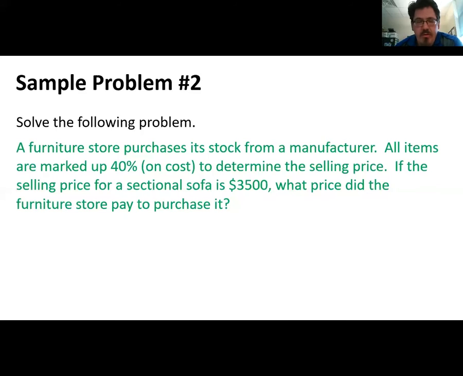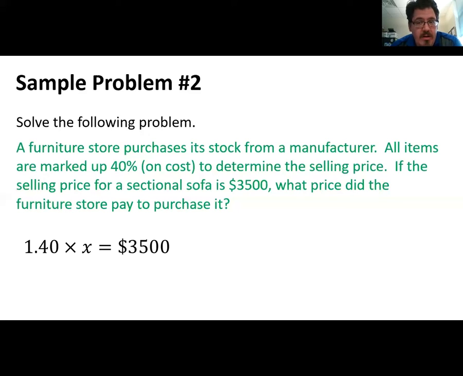So what the furniture store's cost was when they got it from the manufacturer. Okay? So this gets a little bit tricky. We've got to be careful when we set this up. So here's the equation that we're going to solve. Again, it's an "of is" kind of situation. We're going to take a percent times essentially the original amount to figure out what the selling price is going to be. So notice that we're using 1.40, or essentially remember that with percent increases, which is essentially what a markup is, you always start with the original amount as being 100%, and then we can add on